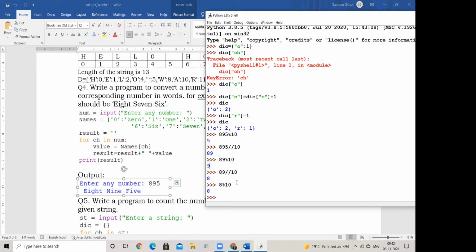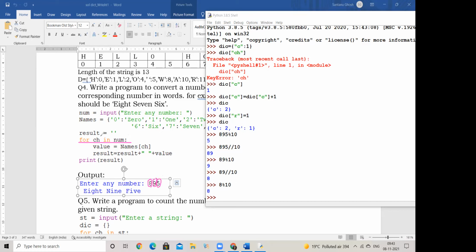But in Python, it becomes very simple if you have to do it in the string format. Why? Because using this beautiful statement for ch in num, where num is my number and ch is just a variable, it can be any variable name, I'm easily able to extract one by one the alphabets or the characters of the string. Here the characters are numbers, digits. That's okay. For the machine, the digits are also characters.